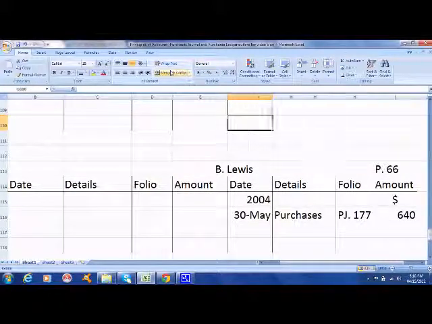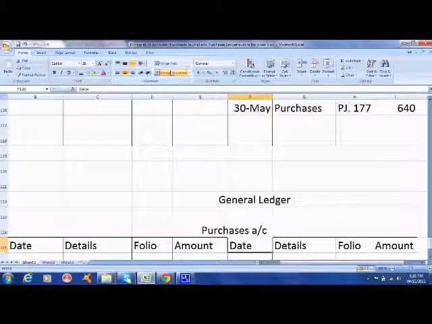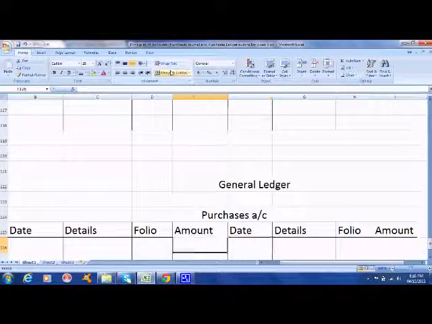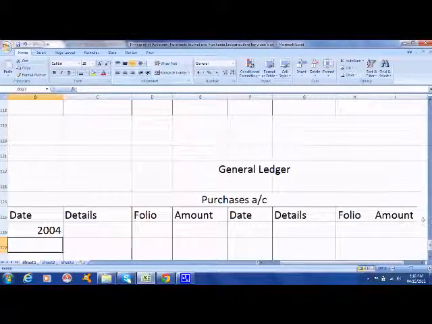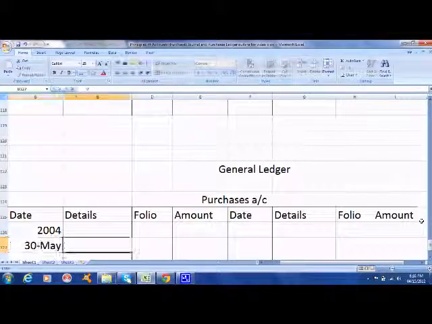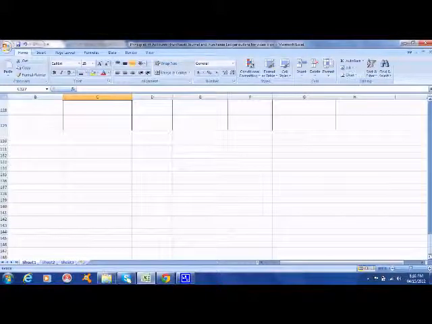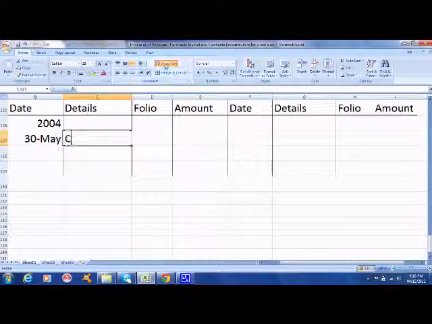We created credits here, but in the purchases account we're going to take a debit entry because the rule says for every debit there has to be a credit. So we're going to write 2004, May 30, credit purchases